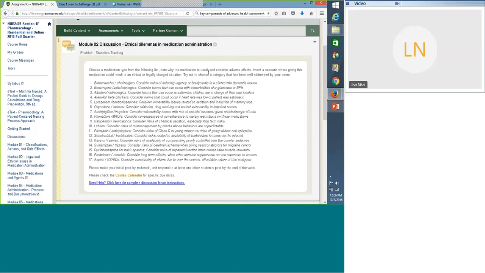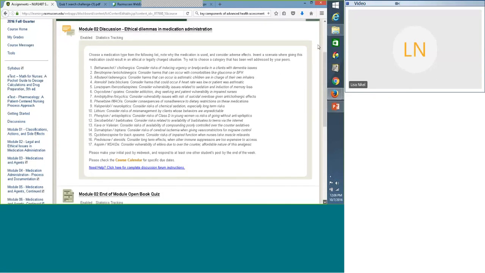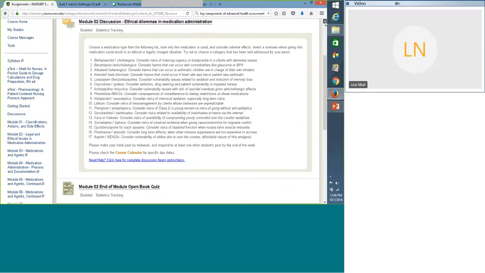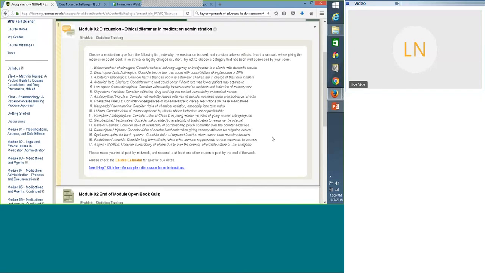Pick one of these of your choice, and you're going to invent a scenario where giving the medication could result in an ethically or legally charged situation. You're going to post a little summary of that in the discussion post. You're going to include an in-text citation for where you got your drug information, as well as a reference. So I'll post a little blurb on how you incorporate in-text citations and references